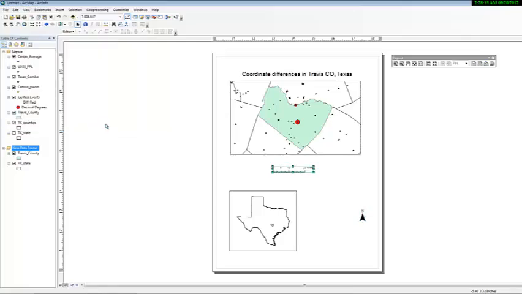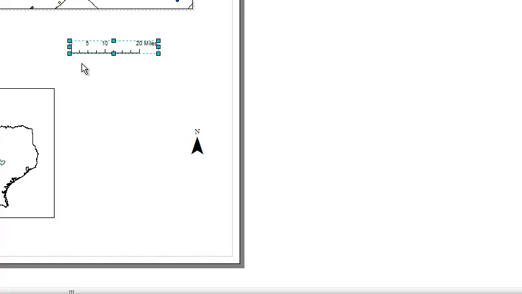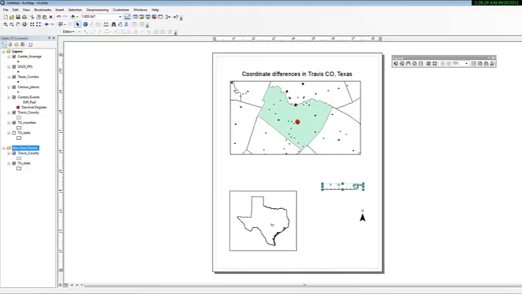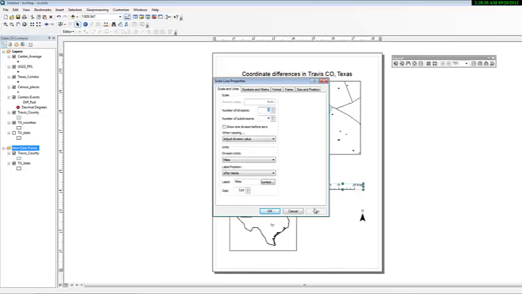Okay, I'm going to choose just a pretty simple one here. I'm not going to make this too stylish right now. I will let y'all do more of that when you're working on this. So this sounds about right. 20 miles. What can happen here is you may have to